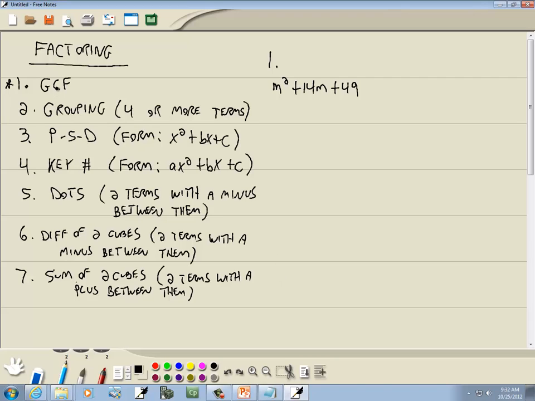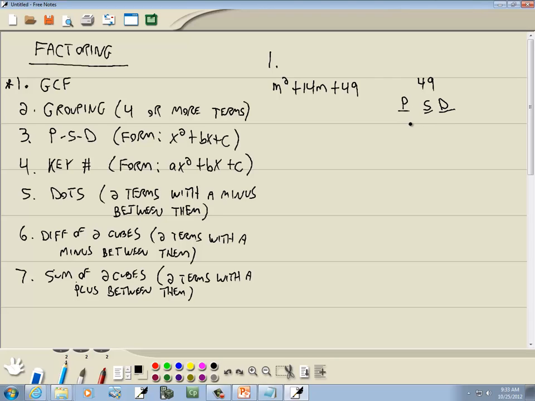Well, let's start going through these. I'll first do it using one of the other methods, then I'll use a perfect square trinomial. If you're a math major, you probably need to see it. GCF, there isn't any. Grouping, 4 or more terms, doesn't fit, there's 3 terms. PSD, different variable, but m squared, m, no m, and there's no number in front of the m squared. So that's our PSD. Well, we'll take the number at the end, the 49, and we'll come up with 3